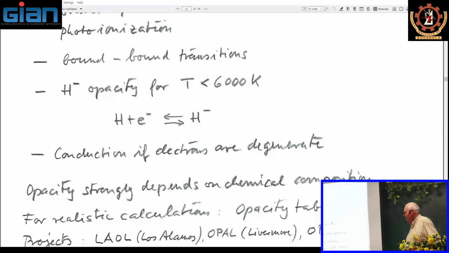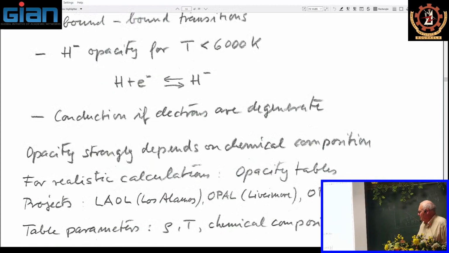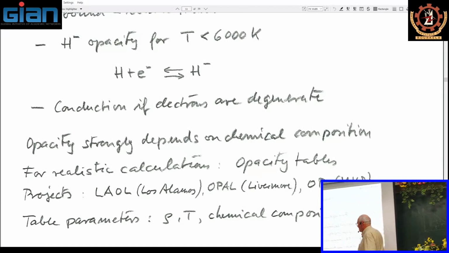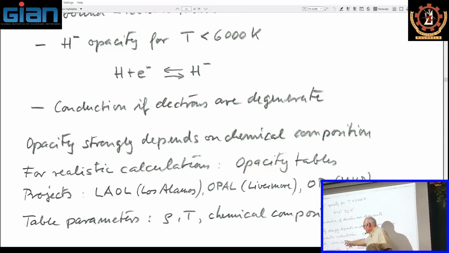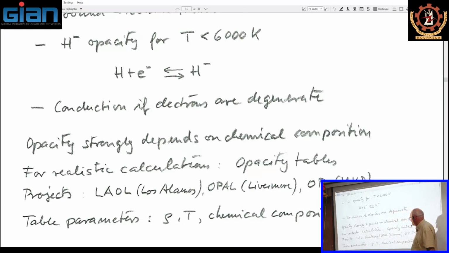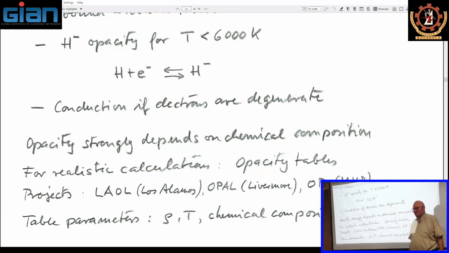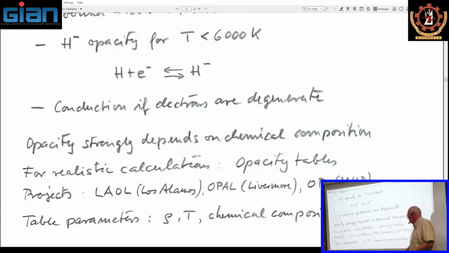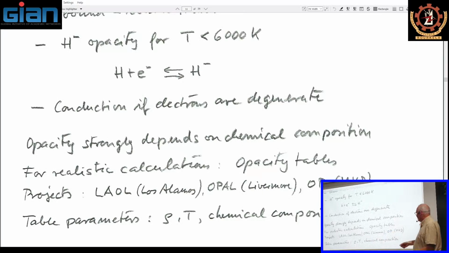There are essentially three projects. One of them is sponsored by Los Alamos laboratories. These are the LAOL opacities. The other one is sponsored by Livermore laboratories. These are the OPAL opacities. And there is the OP project,